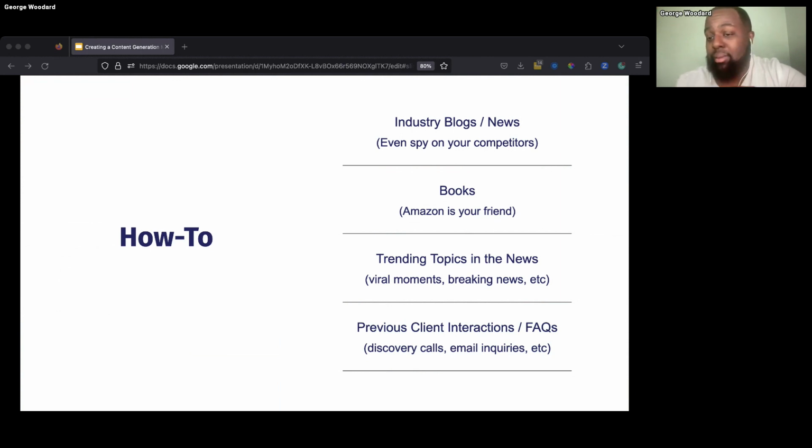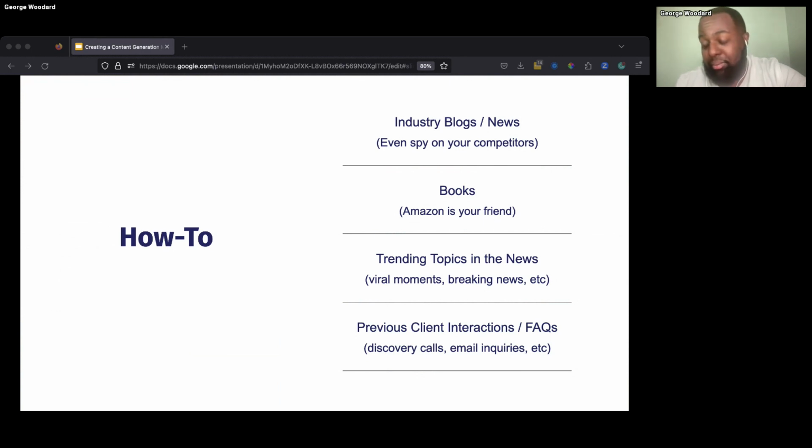And this is kind of another cheat sheet. You can even use it to spy on your competitors. If there are other agencies or other businesses that offer some of the similar services that you're providing, you can see what they're talking about and help offer either added perspective, alternate perspective, or even solving or dispelling myths about whatever it is that they may be talking about. It's a helpful piece.